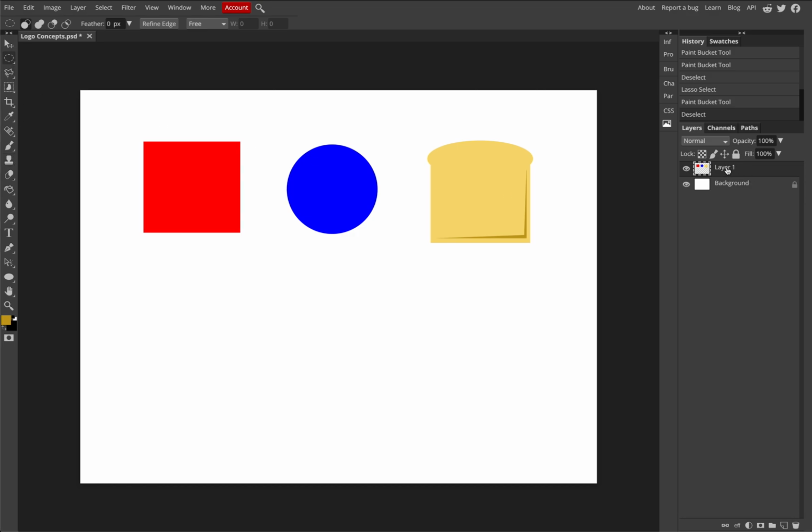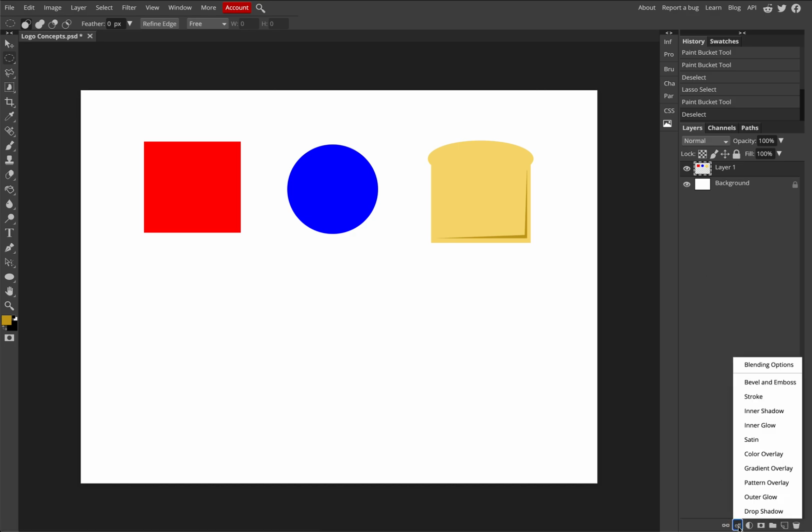Or if I want to try putting a stroke on the outside edge of this object, remember we have the rectangle and the circle as well on the same layer, so it's going to apply onto all three of these images. So again, that's why it's important to make sure that you are creating separate layers for each object that you are working with. But if I go down to effects and go to stroke,